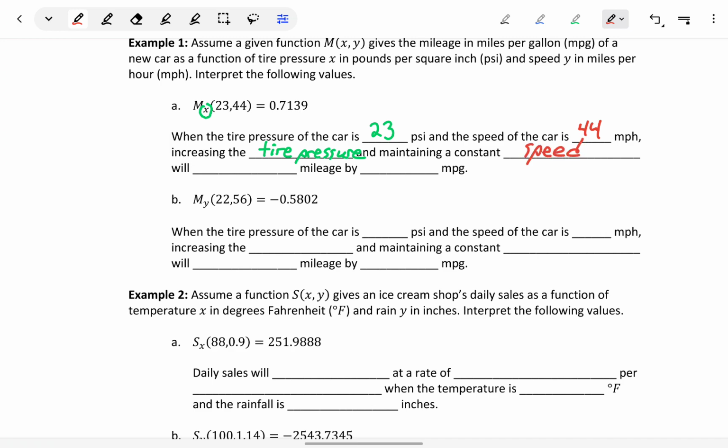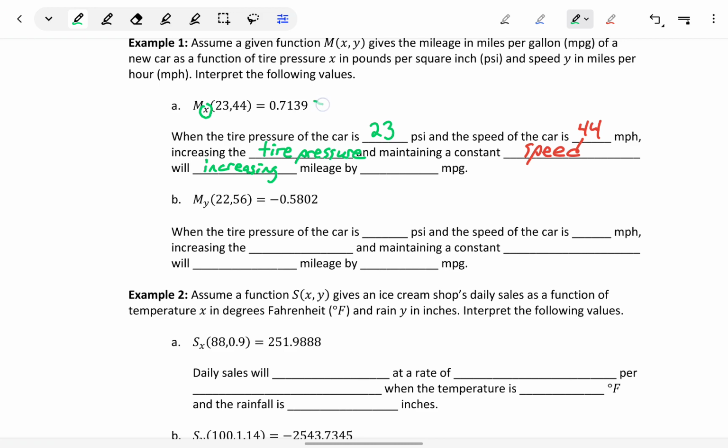If we're differentiating with respect to x, we treat y as a constant, so speed remains constant. That will have the impact of increasing our mileage,